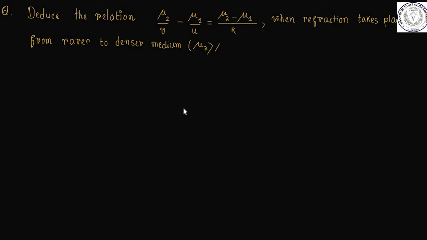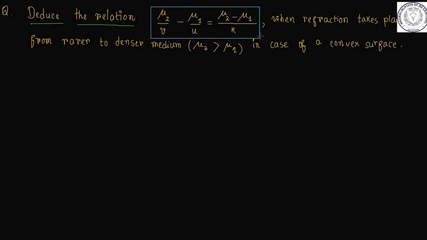Refraction of light takes place from rarer to denser medium through a convex refracting surface, provided mu2 is greater than mu1, in case of a convex refracting surface. Deduce the relation that is mu2 by v minus mu1 by u equal to mu2 minus mu1 divided by r, when refraction of light takes place from rarer to denser medium, provided mu2 greater than mu1 in case